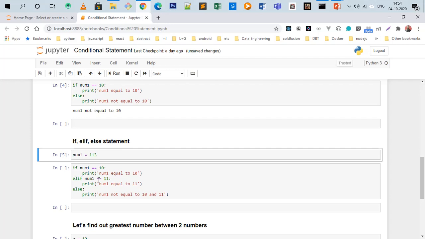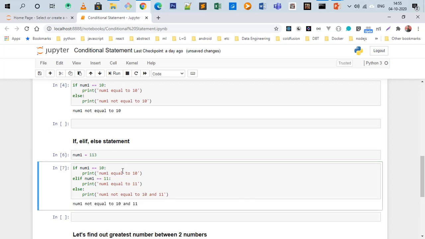Again we will check whether number 1 equals 11 or not. If yes, then we will print number 1 equals 11. Otherwise, if these two conditions are not met, then we will go to the else, number 1 not equal to 10 and 11. So let's see. Yes, it is printing number 1 not equal to 10 and 11.